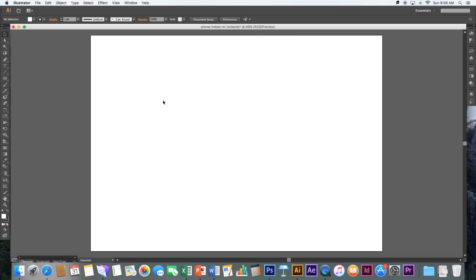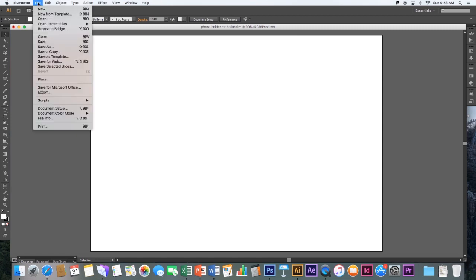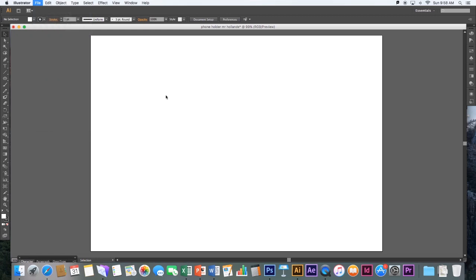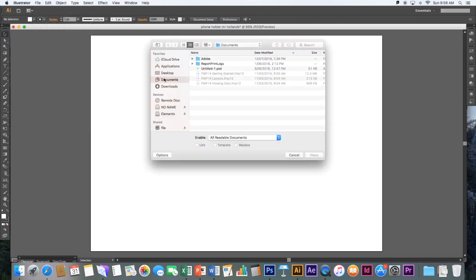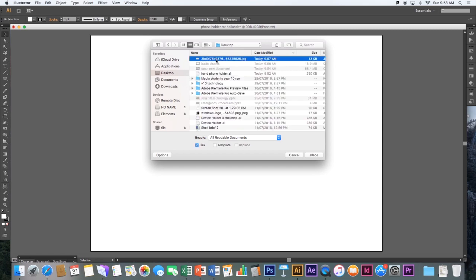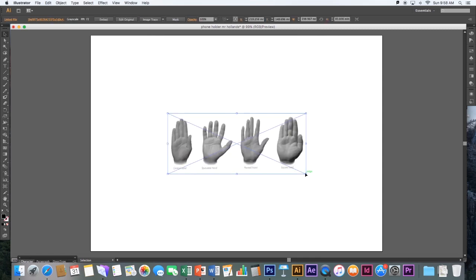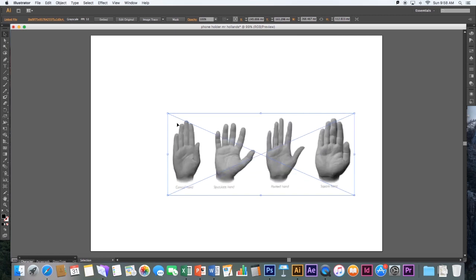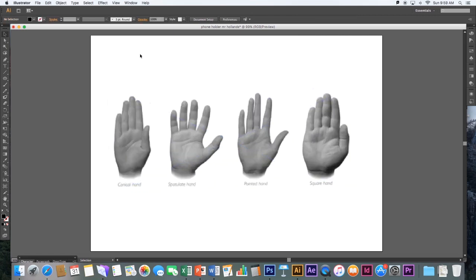So if you want to trace an object, the best thing to do is go on the internet, find an image of the object you want to trace, and just leave that on your desktop as you'd normally do. Once you have that on the desktop, come back into Adobe Illustrator and go into File, Place, and that should bring up your desktop. Place that there. Then you've got something to trace, and it doesn't have to be high quality because you're only going to use it as a guide, and then you can go through with your pen tool and slowly trace